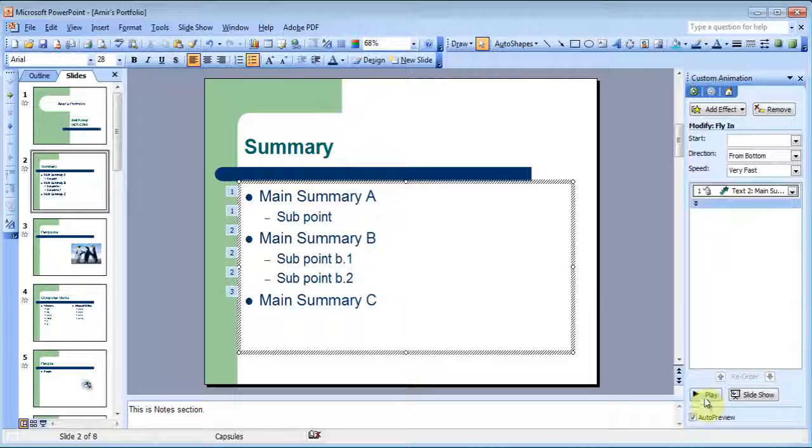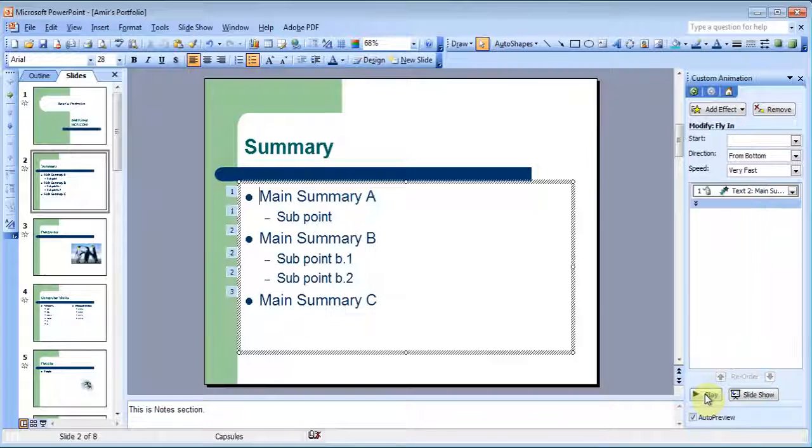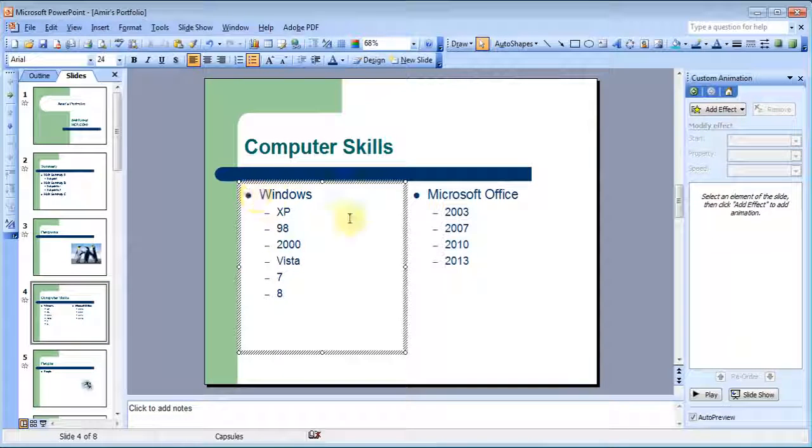I'll just hit play just to see how it shows. So each thing will come as you click, and so the point and the sub point will come. So wherever you want to apply it, you have to click it, and then you have to click in the box and then apply it. Or if I hold the control key on the keyboard and I click on the second box, so both boxes are selected together, now I can apply the effects,